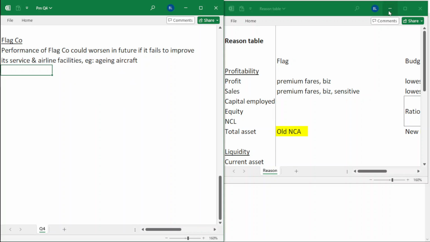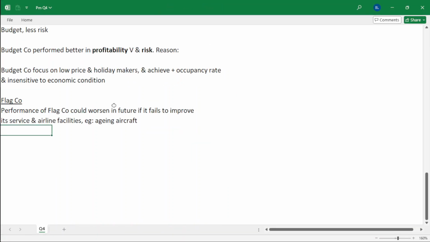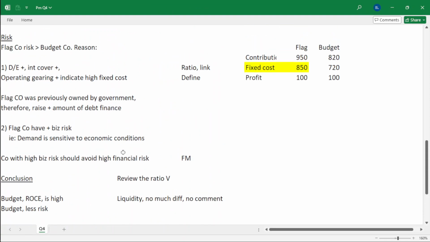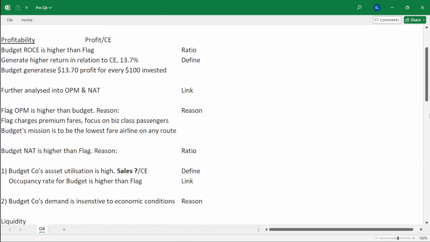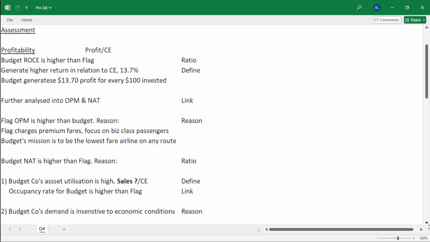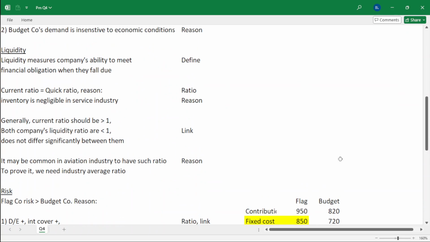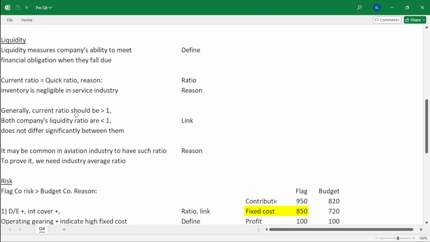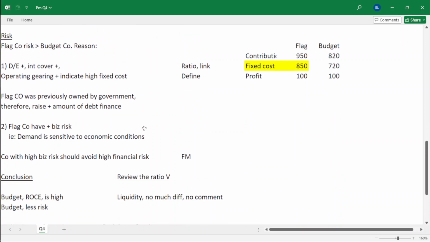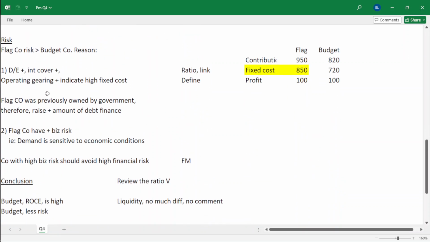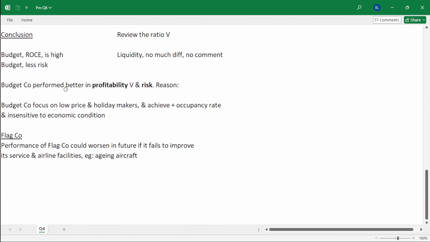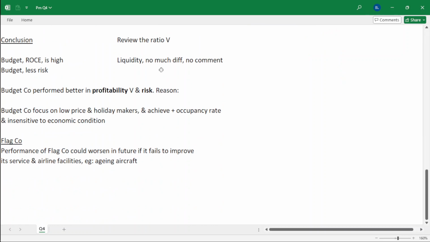Aging aircraft. Okay, so we are done. This is an overview for the profit. This one is the overview for the liquidity. And this one is the overall view of risk. And in conclusion,